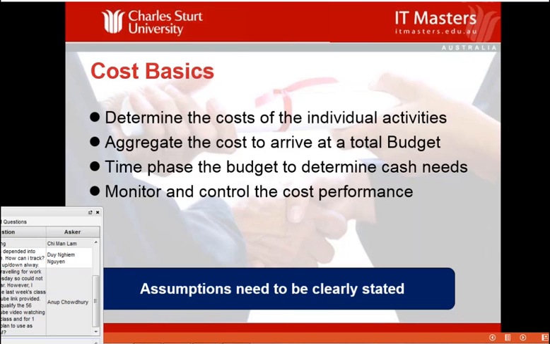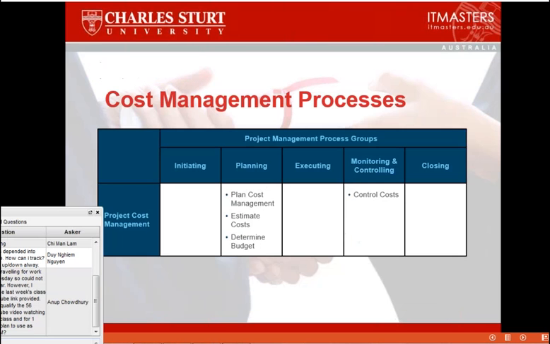One of the things that we need to do in terms of our estimates is to make sure that we include all assumptions. Everybody has to understand what we mean. So if we determine our costs on the basis that we are going to allow for 20 wet days in the year, and if there are any more than 20 wet days, we will have to raise a change request. So the assumption is that there will be 20 wet days.